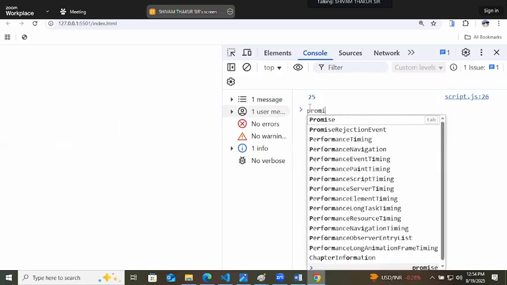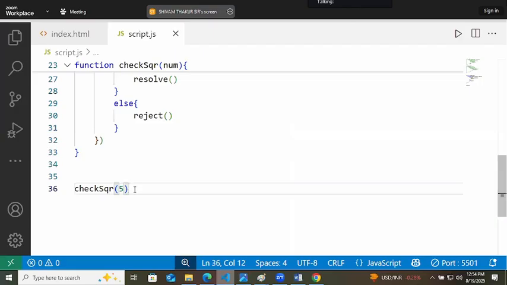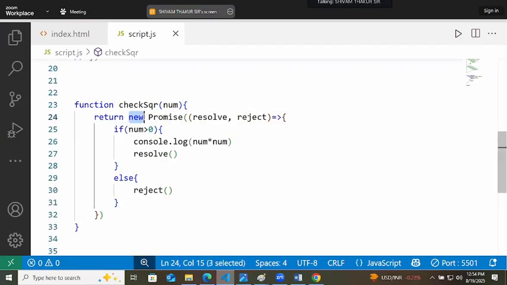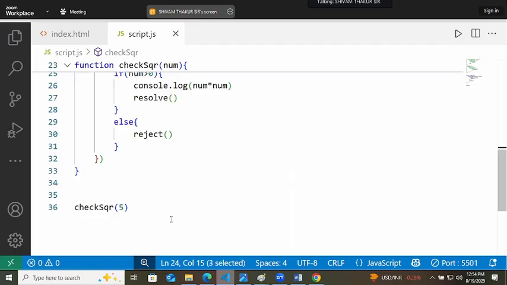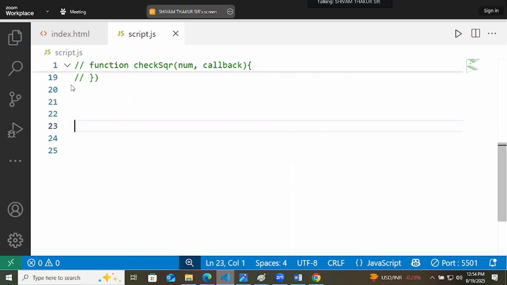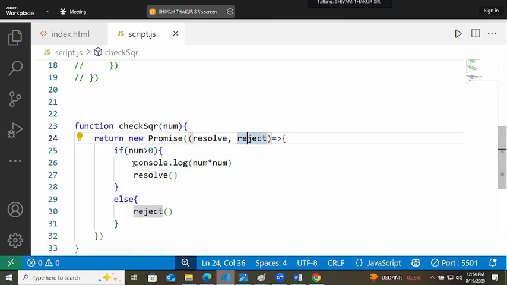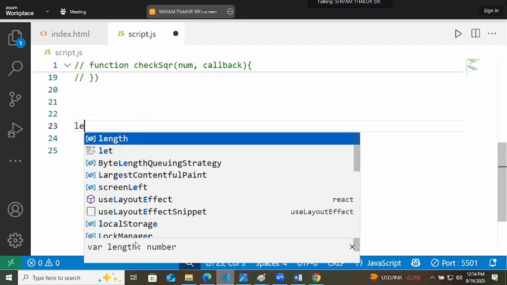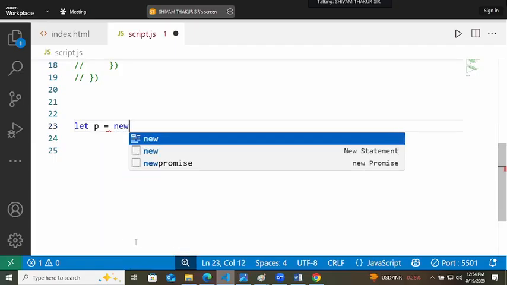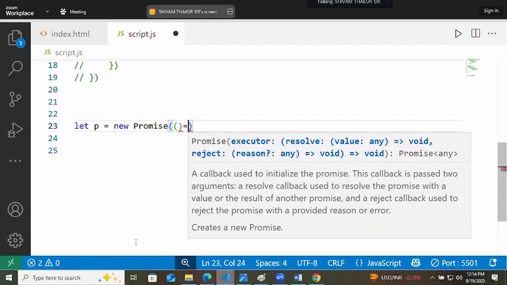Here, if we check the promise now, this one that this function is returning. Okay, ignore it for a minute, and this also. Hmm, what I will do, let's go back to the previous state. Let p equal new promise, and arrow function.